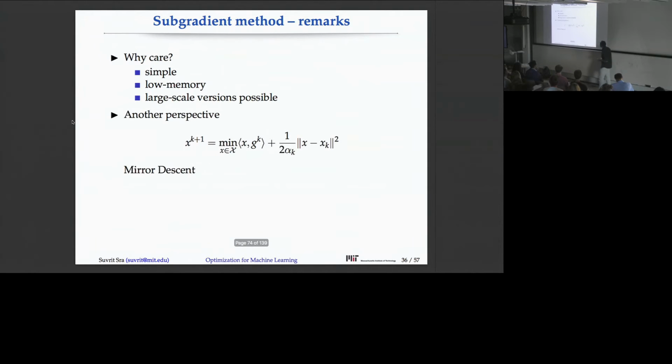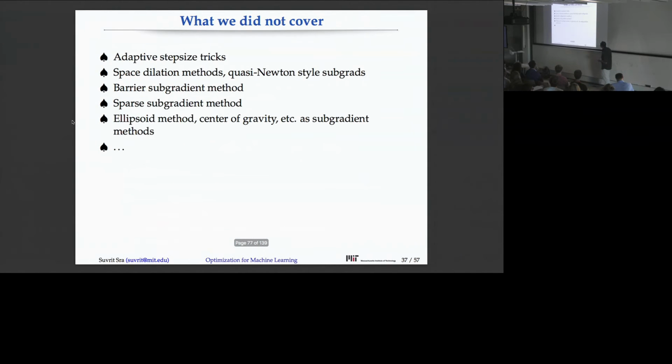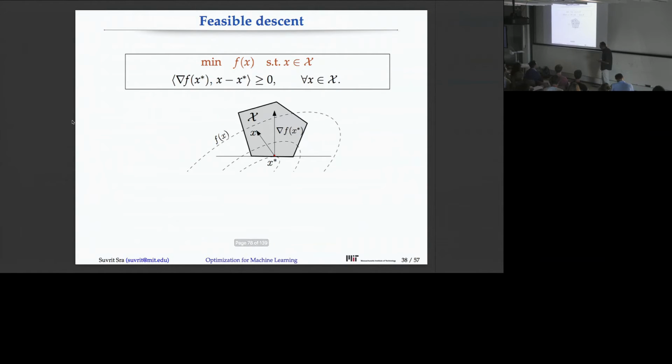So anyhow, let me just skip the remarks and actually show you. There are a bunch of subgradient things I didn't cover. There's a huge amount of research on subgradient methods, including these adaptive subgradient methods like AdaGrad, Adam, etc. I'll remark on those later. But let me talk about this class of methods, which would be a pity if I didn't cover in this class,